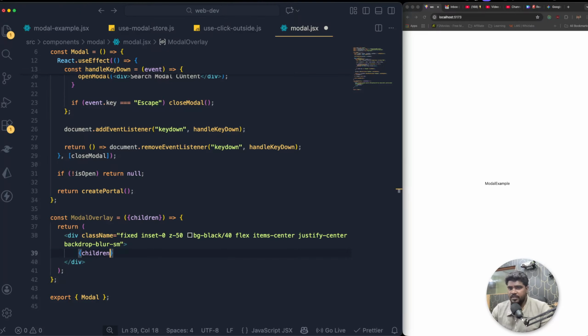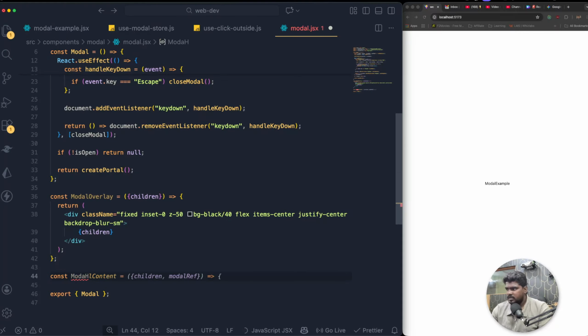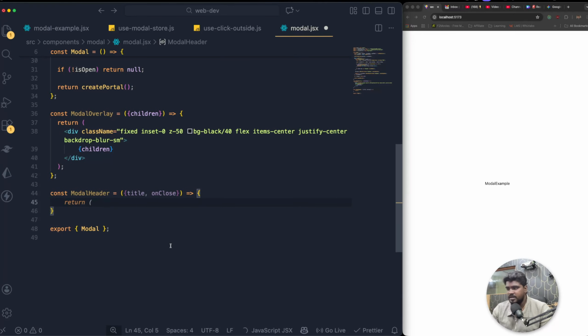Just the same way, we need to bring the model header component. So let's bring the const model header, which equals an arrow function. This model header is basically going to render the title as well as the reference for closing. So we need to bring the title, then the onClose reference. If you want to close your model, you need to send the close reference as well, right? So return